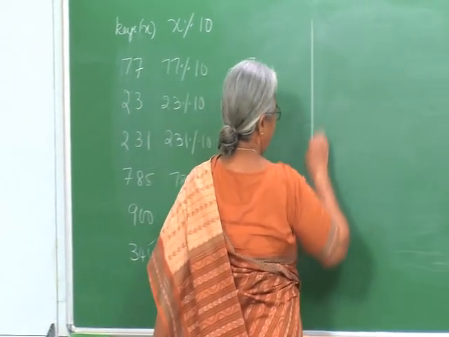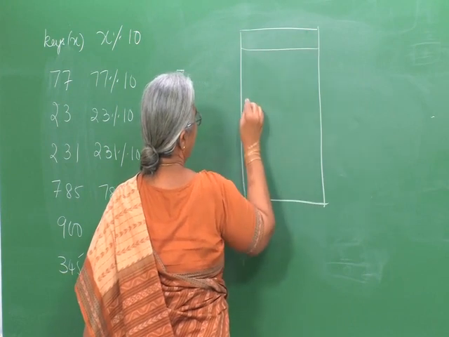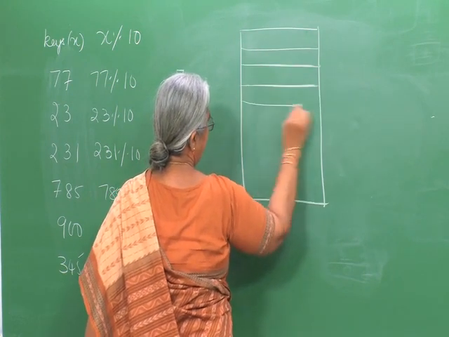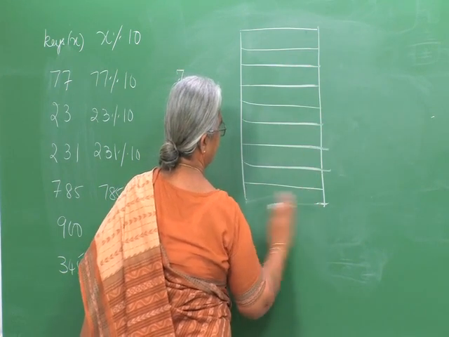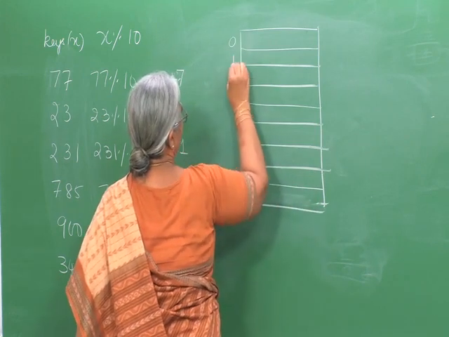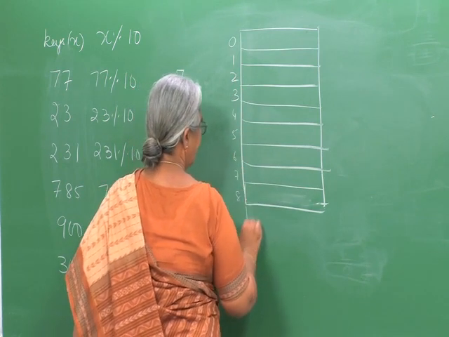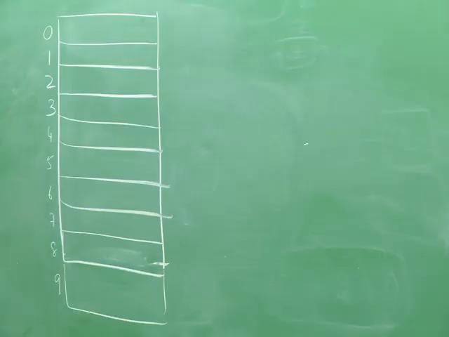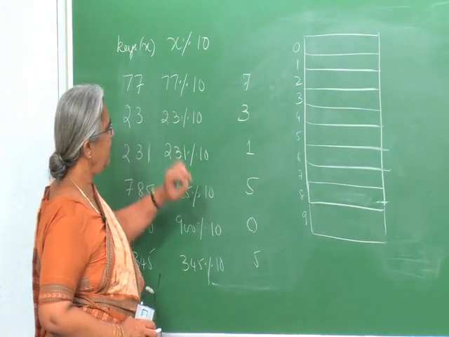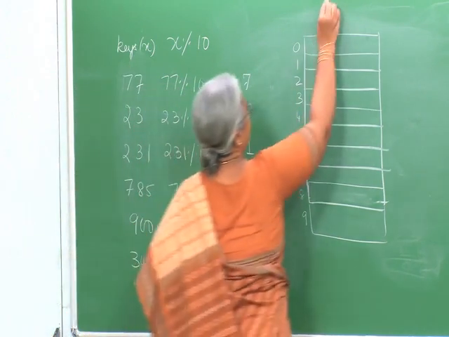So what do we have now? First we have to define an array. How many elements do we have in this array? We have 10 elements in the array, indexed 0, 1, 2, 3, 4, 5, 6, 7, 8, 9. Each one of the indices of this array is called a bucket because it actually holds more than one value. We said we have to store these keys in this hash table. So this is the hash table.